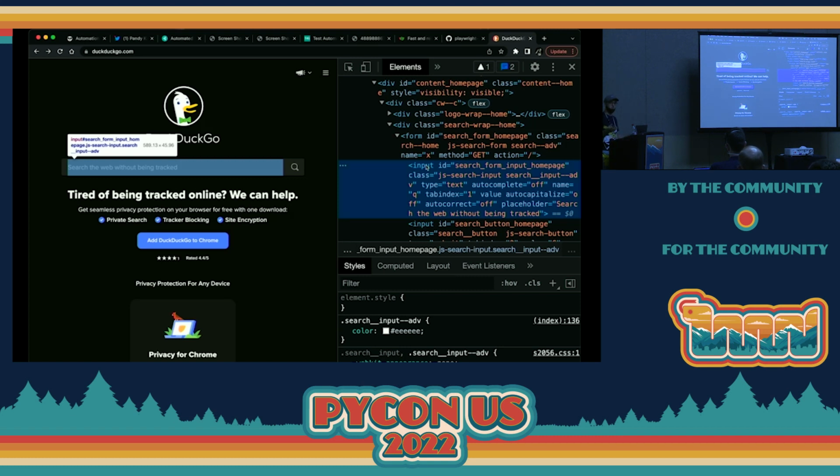The selector is the query that we're using to build that locator. You can have selectors of many different types. The easiest kind of selector would be if you have a unique ID. If you have a unique ID attribute, like this one here has the unique ID search form input homepage, we can make a selector for that ID, and then build a locator with that ID. Easy peasy. If you don't have an ID, you can do things like, well, maybe I can write a CSS